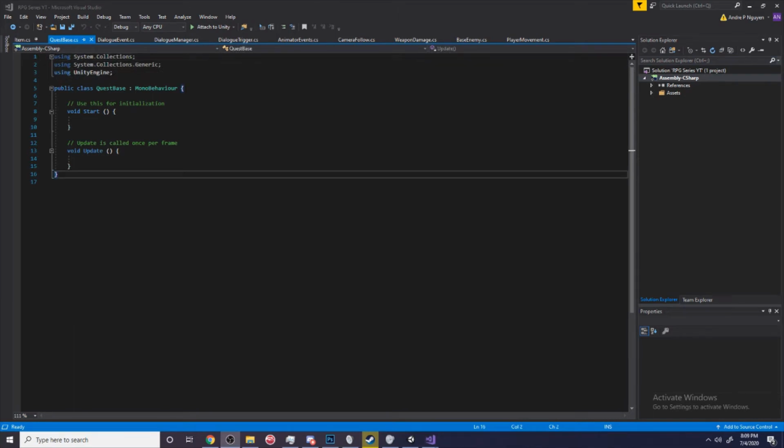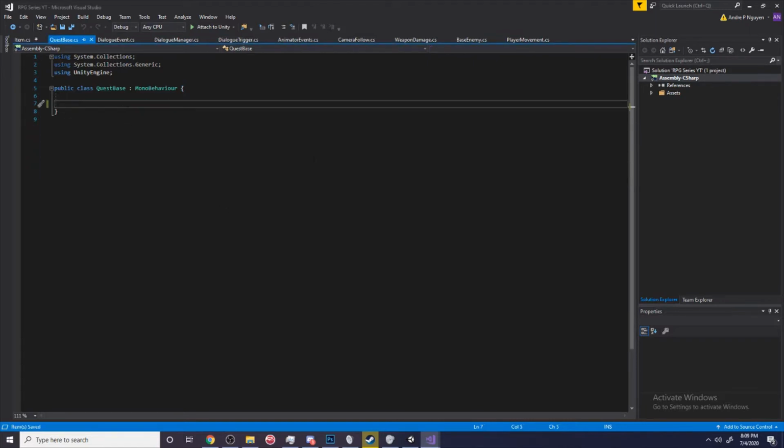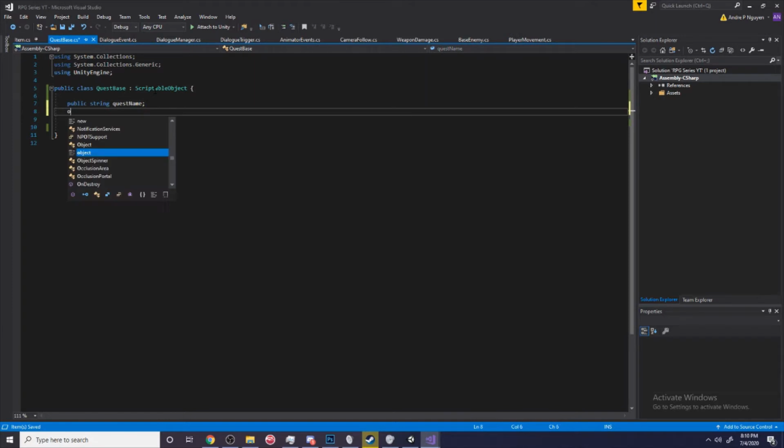Alright, so we have our quest base class here, and we're going to just delete this because we don't want that, and we're going to be deriving from scriptable object, and we're going to be putting in those things that I said all quests will have. So let's start with the quest name. We're just going to call this quest name, and then we're going to create another string and call this quest description,